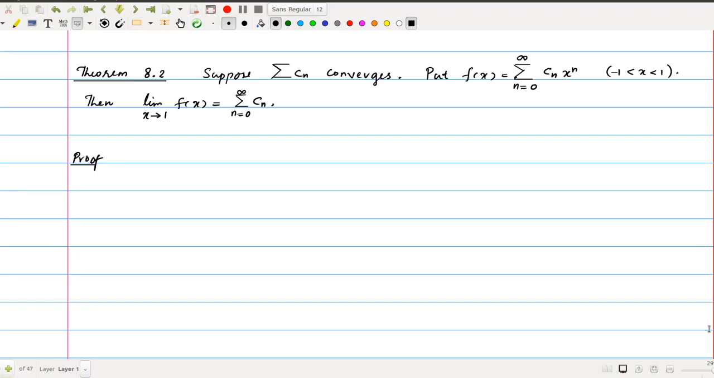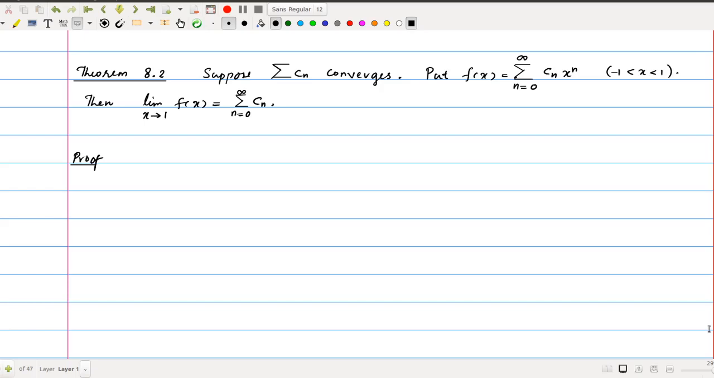Hi all. In the last class, we discussed the properties of power series, and we discussed theorem 8.1. It deals with some consequences of the power series defined as a function and its corresponding derivatives. And we have seen that in terms of the derivatives of the function, we can get the values of the coefficients